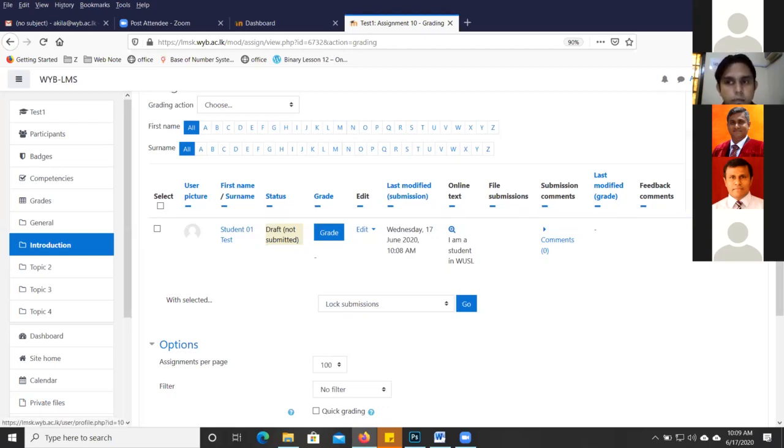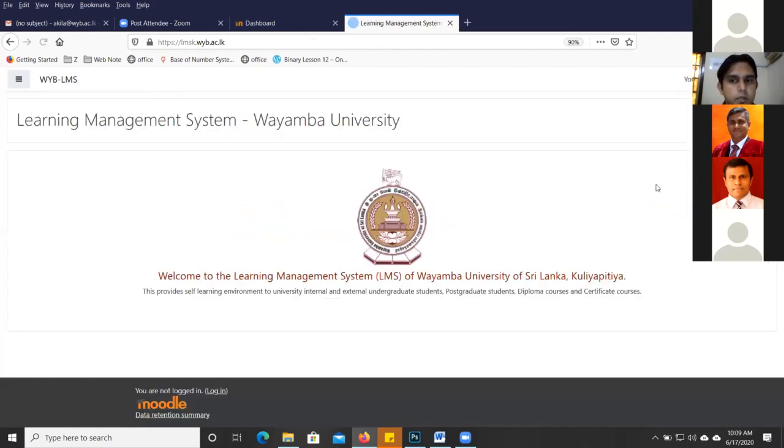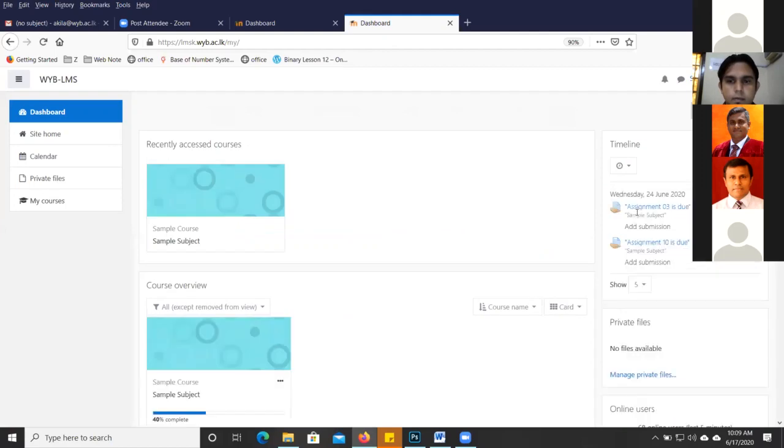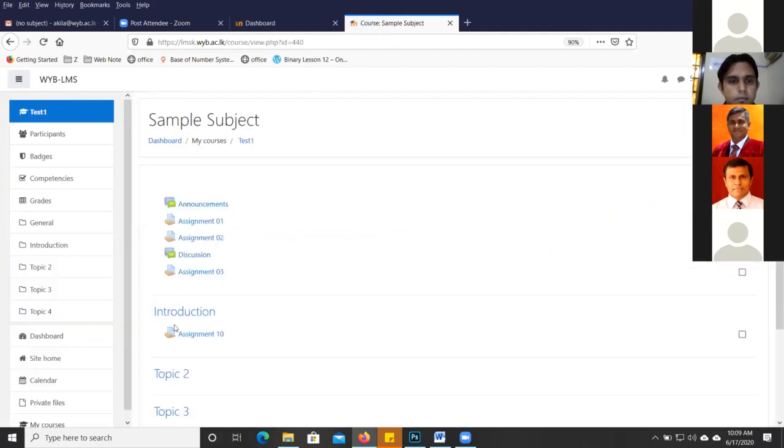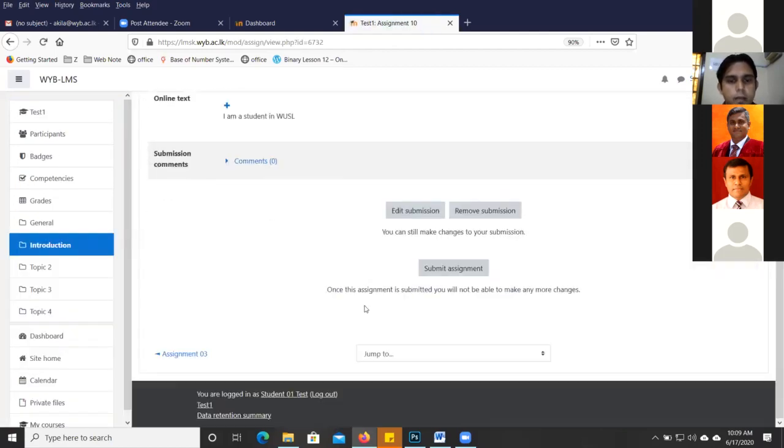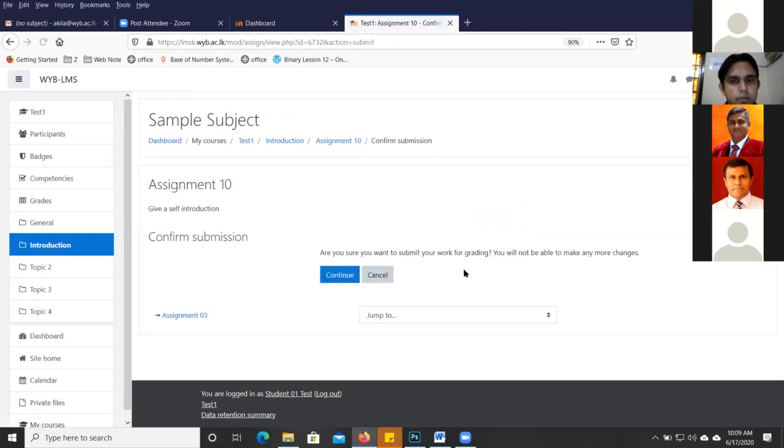So here I'm going to go into this student's account again. Right. So if I click this submit assignment button, until then the student can edit the submission and remove it. Right? They have that option. I'm now going to click this submit assignment.